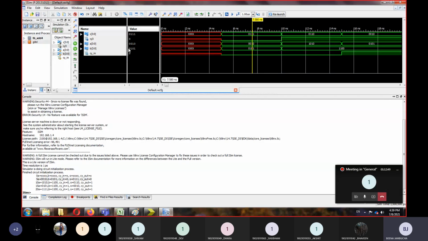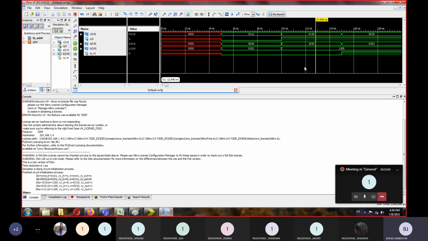So whether the output will be 0111 and carry will be 0. 1 plus 0 is 1, 0 plus 1 is 1, 0 plus 1 is 1, and 0 plus 0 is 0, and the carry is 0. Yes, our first output is true.